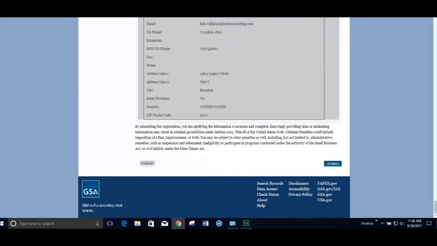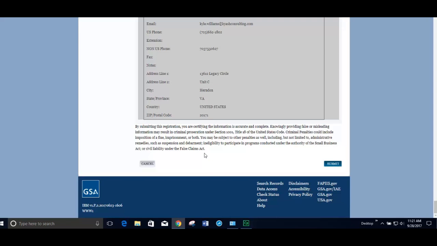By submitting this registration, you are certifying the information is correct and complete. Knowingly providing false or misleading information may result in criminal prosecution under Section 1001, Title 18 of the United States Code. Criminal penalties could include imposition of a fine, imprisonment, or both. You may be subject to other penalties as well, including but not limited to administrative remedies such as suspension and debarment, ineligibility to participate in programs conducted under the authority of the Small Business Act, or civil liability under the